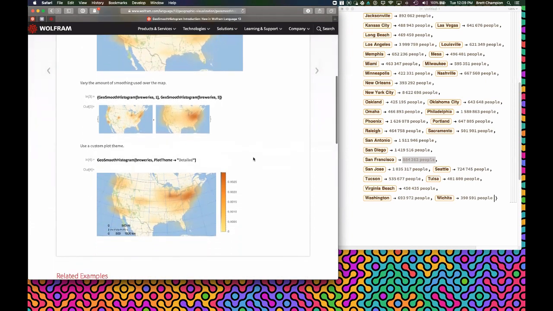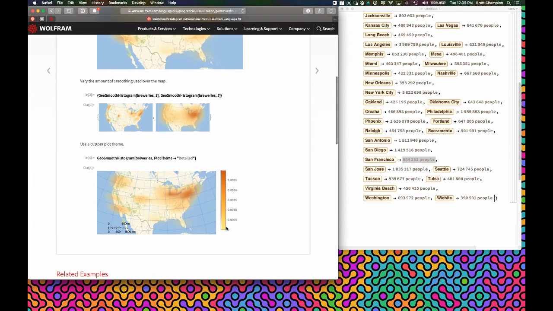And so here we'll look at another instance of using a theme to change what the plot looks like. In this case, we're using the detailed theme, which is going to give us a legend and scale bars, so we have some idea of how big the US is. And the legend for the scale bar